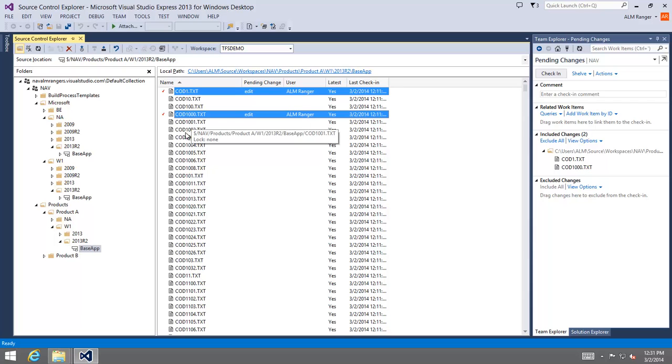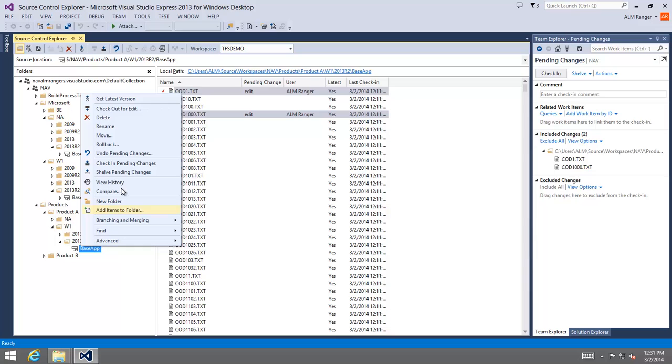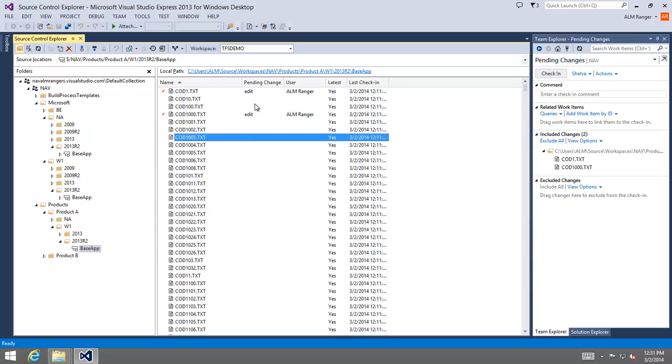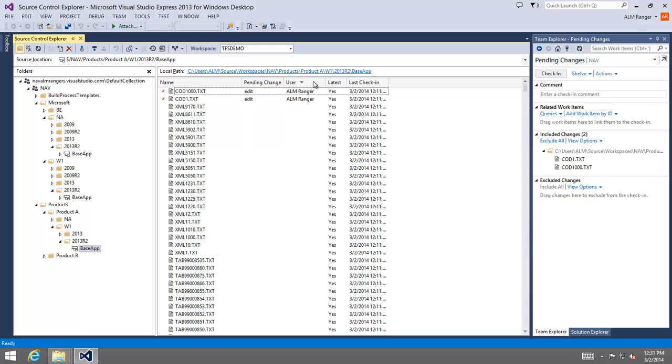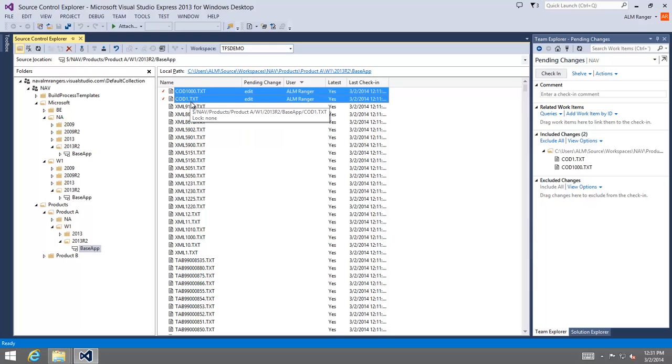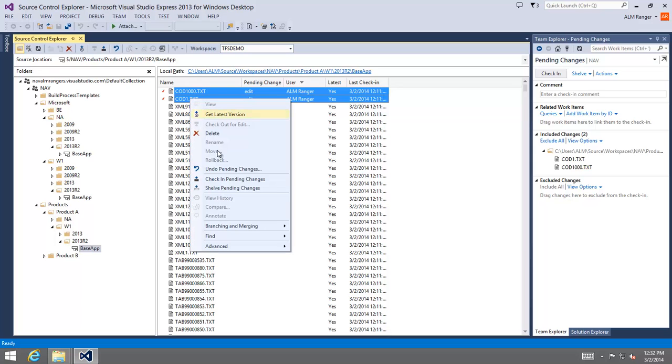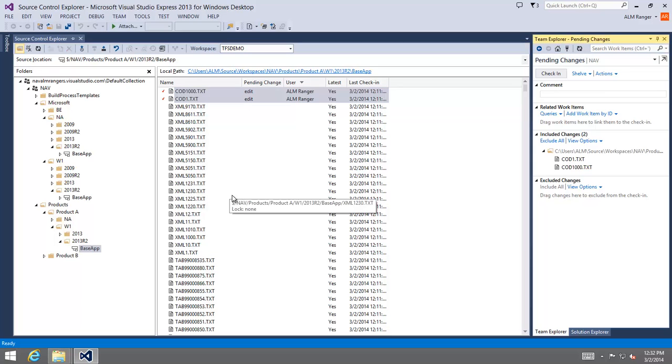You can either do it like this, you can right click and check in the whole folder. If you have more changes and you want to check them in independently of each other, it's easy to either sort on user or sort on pending changes, because you can see the pending changes for other users too. So, to check these two in only, right click, check in pending changes, ready over here, and then say